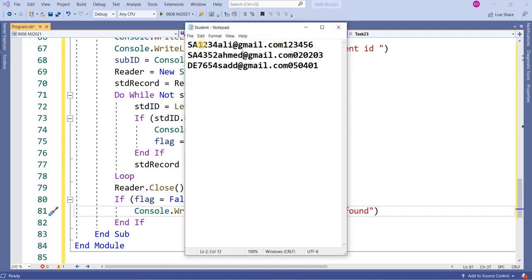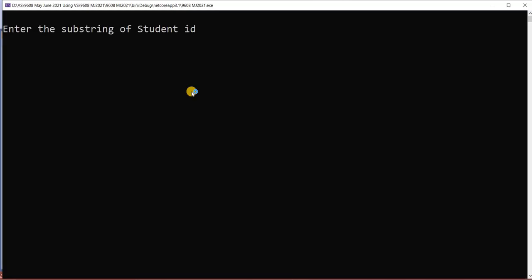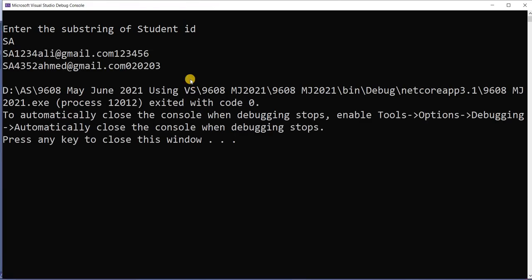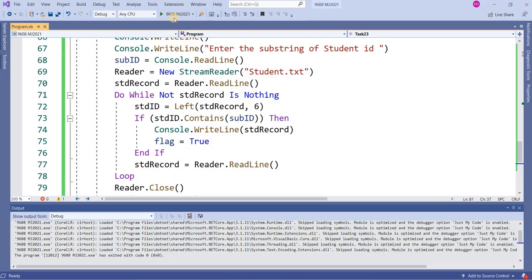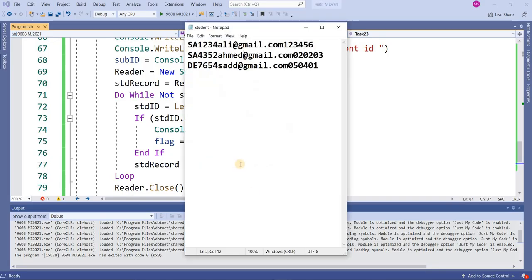I want to show the output. Which string do I want to find? If I want to find SA, I'm going to run this program. The substring is SA. It shows me 2 records. If I find 3, only 3, it shows me these 2 records. Which one is common?